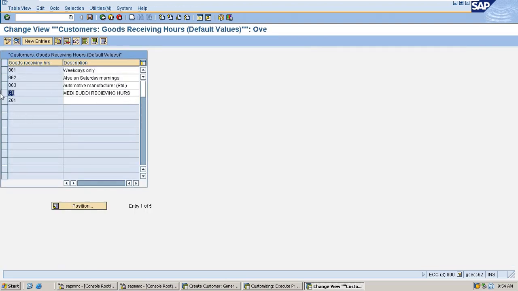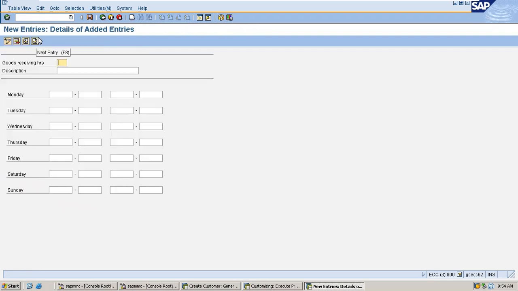Here I have already created C1, and now we can create a new entry, C2.